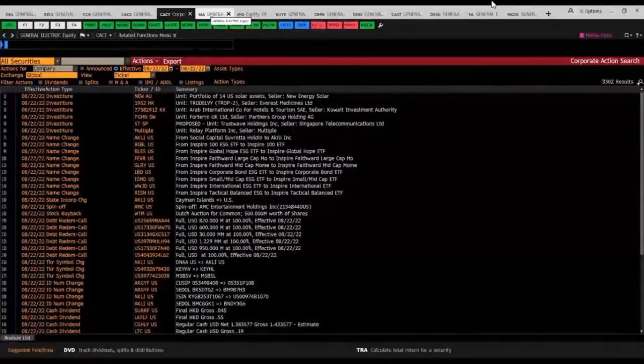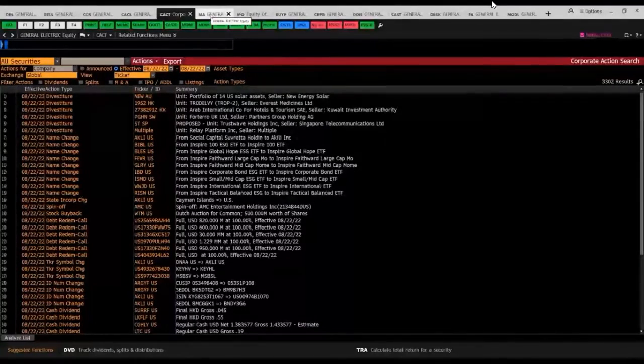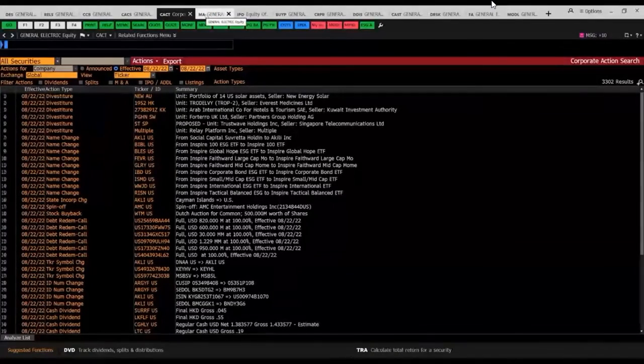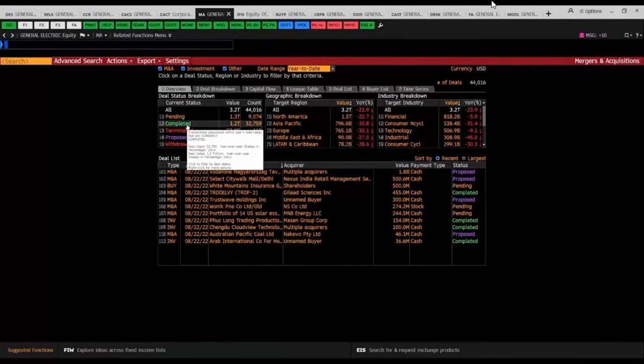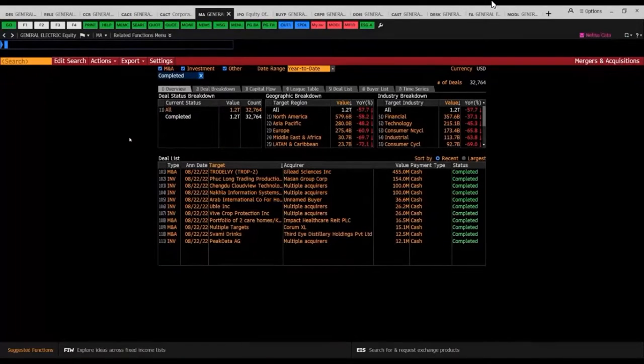Again, another related data set, and I suppose this is building a little bit of analytics on top of the data sets that you see on CACT and CACS, is MA, and this is looking at mergers and acquisitions specifically. There is a lot packed into this function, and as this is not a function-specific session, I will not go particularly deeply into it, other than to say that you can slice and dice the transactions very quickly and easily here. So for example, if you want to understand what completed M&A transactions GE has performed in Asia Pacific